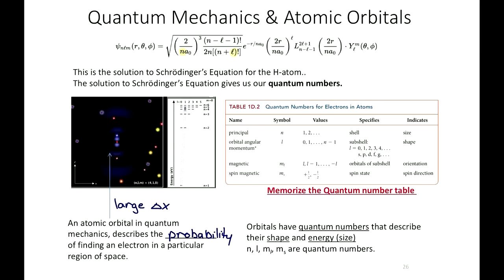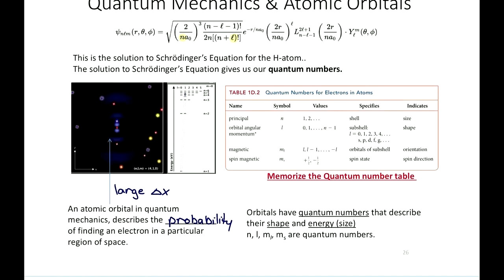The actual solution, the actual Schrodinger equation, is not important here. That's not what you're being tested on. You are being tested on, do you know the rules for the quantum numbers that came out of it? I just want you to be aware of the mathematics behind how we actually got the quantum numbers, and the significance of them will relate to radial distribution functions. So, okay, these are the quantum numbers that come out.